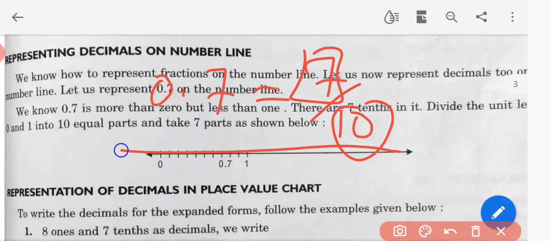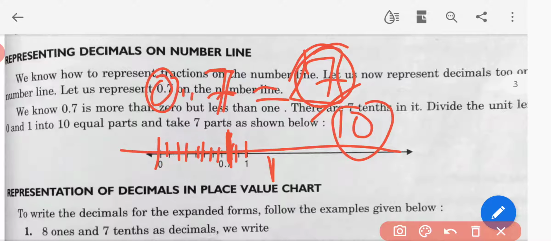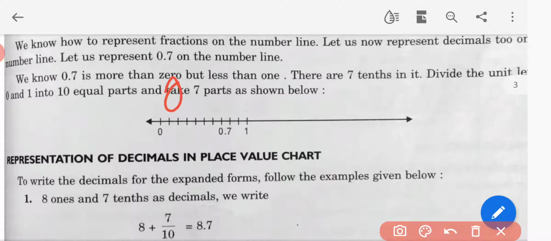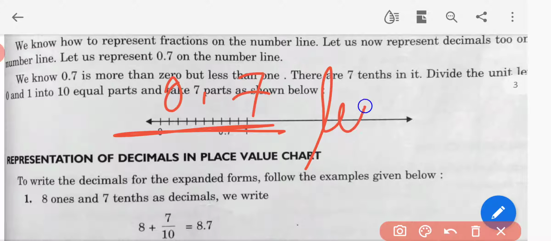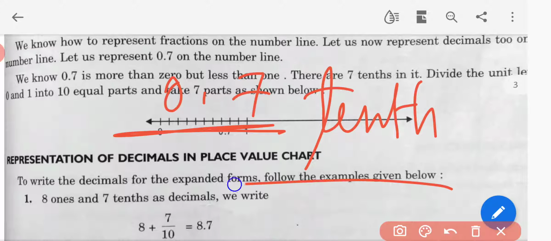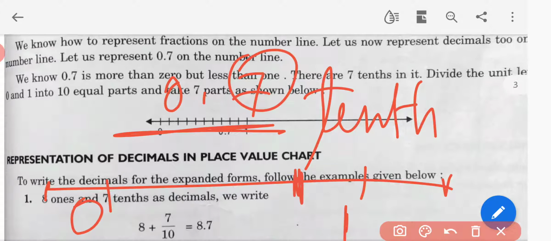तो हमें नंबर लाइन को कितने इक्वल पार्ट्स में डिवाइड करना है, 10 में, 1 2 3 4 5 6 7 8 9 10, और 10 पर क्या लिखना है, 1. And here how many parts are given, 7. So where will the 7th part be, यहाँ पर 7th नंबर वाला, so that will be 0.7. Nothing more you have to do. First of all, you can see that 0.7 is given as tenths. It means you have to divide the number line between 0 and 1 into how many parts, total 10 parts. यहाँ पर 7 दिया है तो 7th वाला पार्ट क्या होगा, 0.7.